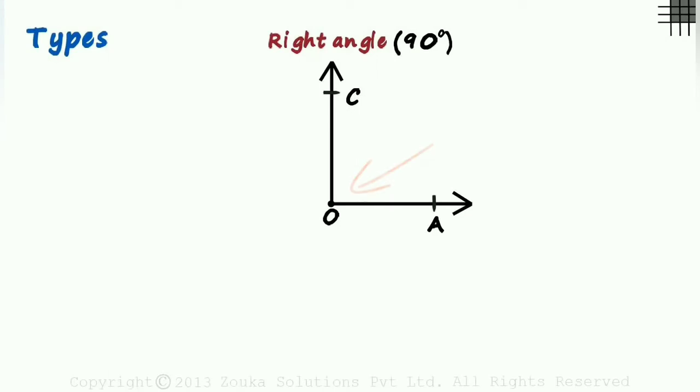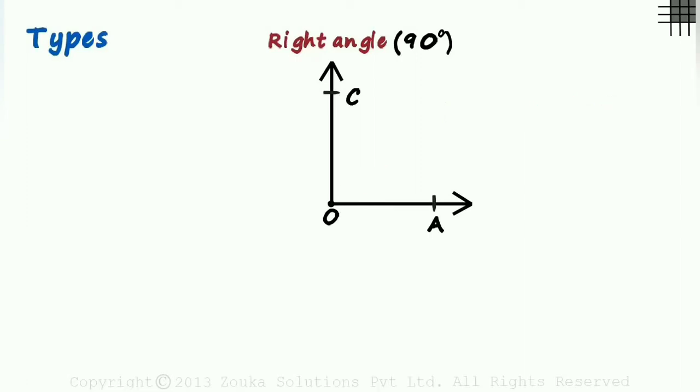It is the only angle which is not marked with a curve. Normally, angles are marked like this with a curve between its two arms, but a right angle is marked like this. With this mark, we don't even need to write the measure next to it, since these two lines are enough to tell you that it's a right angle. And when the angle between two rays or lines is 90 degrees, we say they are perpendicular to each other.